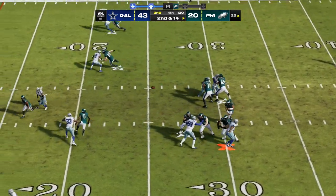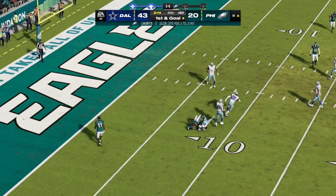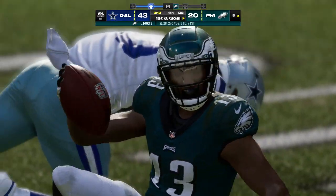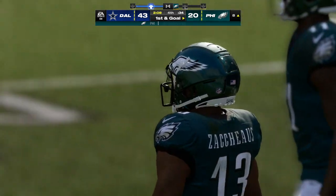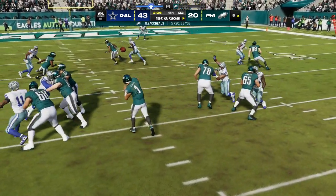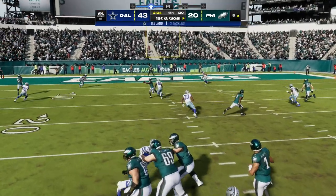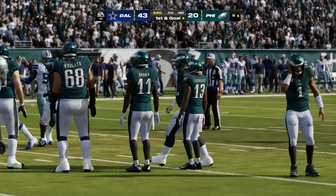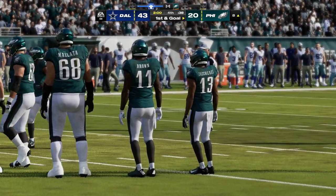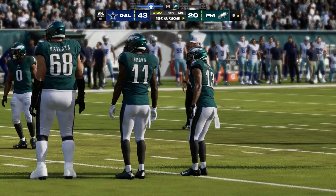Second down, here's Hurts. Zacchaeus here hauling it in. And they've got it inside the 10 at the 8. He's up to 88 yards receiving in the ballgame now, and he's got a first down. Well, those are the types of plays they probably wish they had made more of in the first three quarters. And this deficit going to be tough to overcome here in the fourth, but a nice first down and a